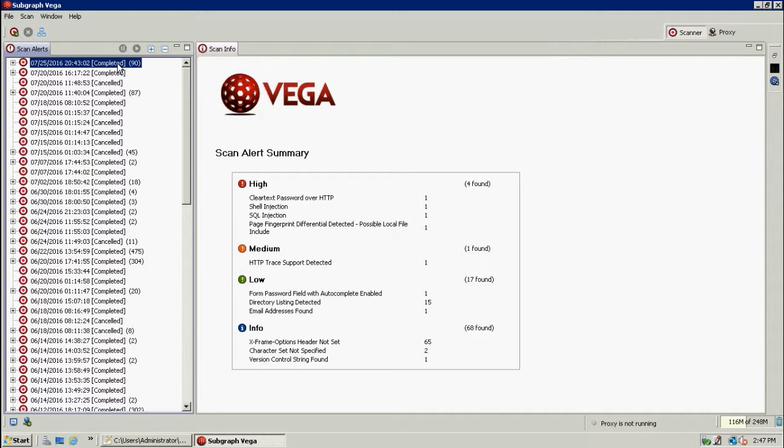You can see here it is completed. I did it on 7/25, three days ago. And that is the summary. It says four high vulnerabilities and one medium vulnerability, telling the risk: low risk, medium risk, high risk.